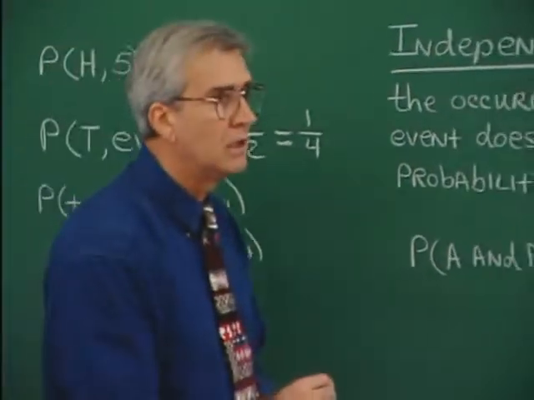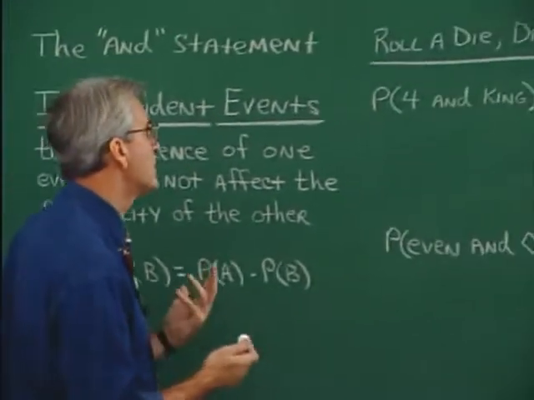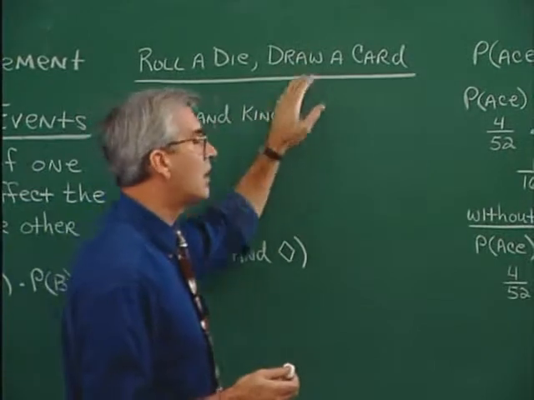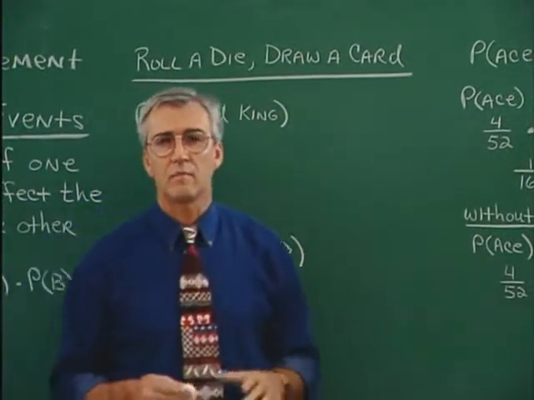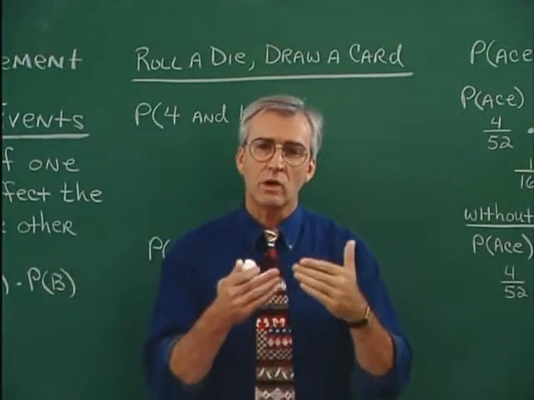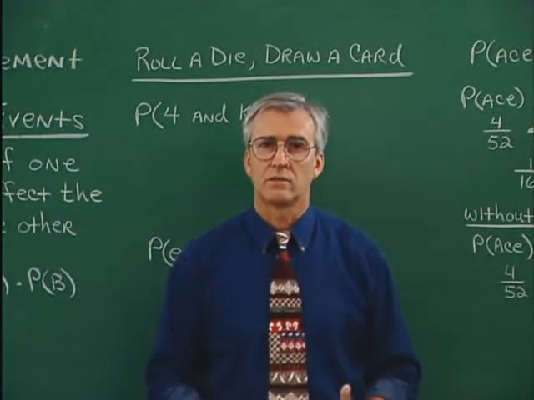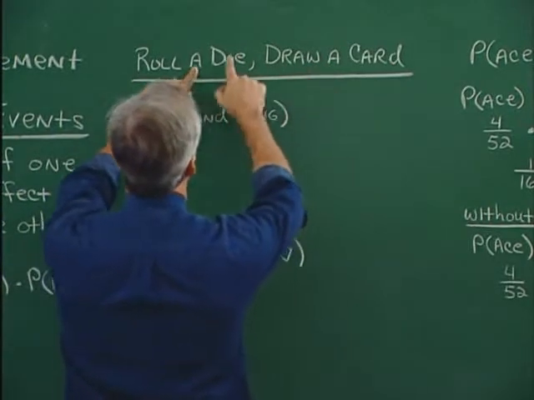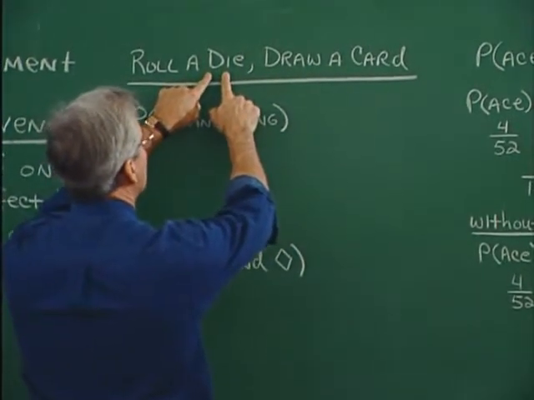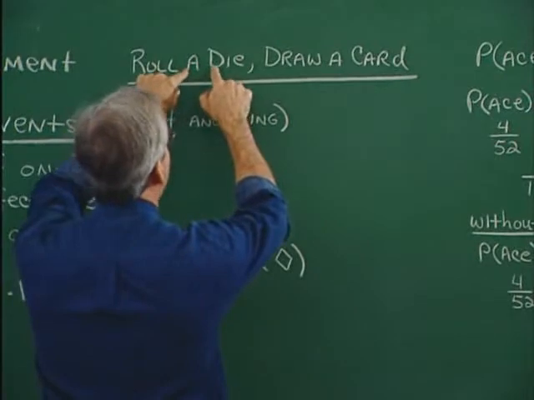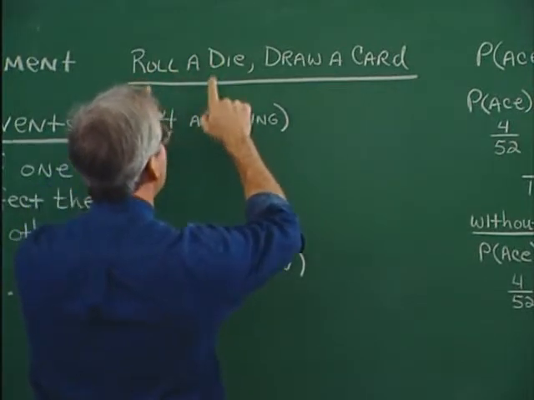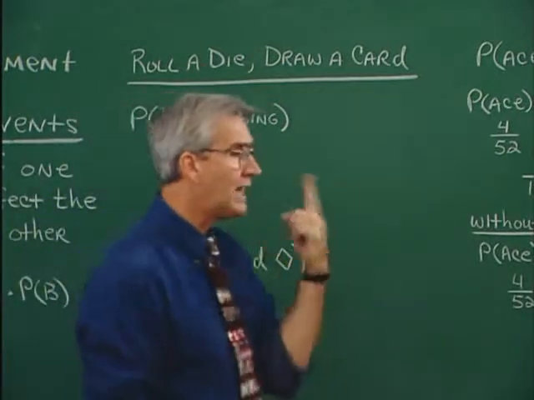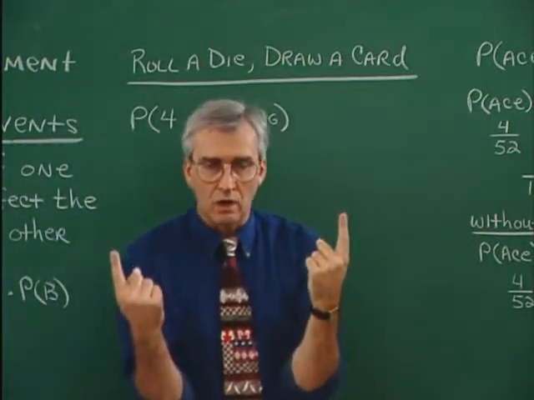Well, let's make some other calculations. Let's continue just a little bit. And I'm thinking now about rolling a die and drawing a card from a deck of cards. Now think about sample space here. If we were going to write the entire sample space for experiments involving rolling a die and drawing a card, rolling a die, there are 6 possible outcomes here, and each of those outcomes has to be associated with each of the 52 cards. So we would have a 1 on the die associated with a 2, a card 2,